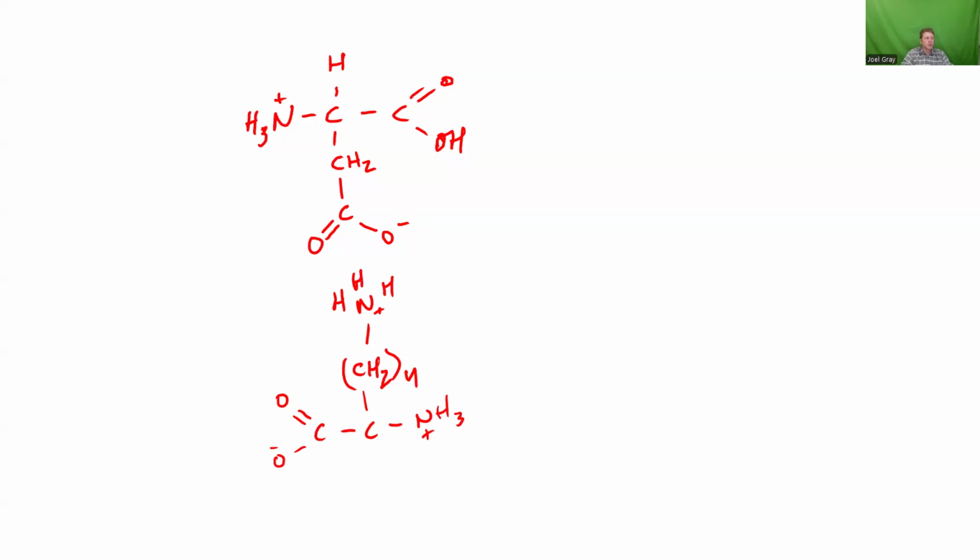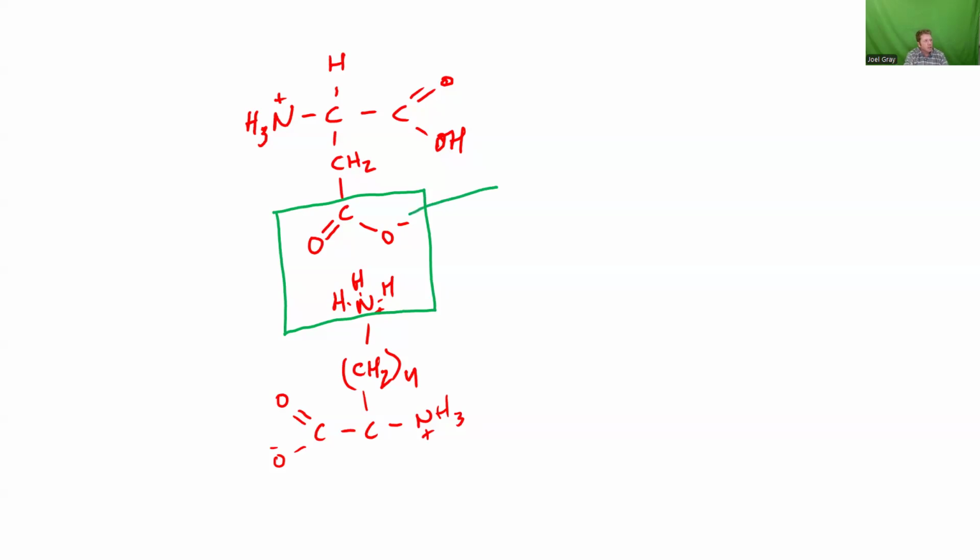I'll give you a structure like this and ask you the question, what type of interaction is displayed in the green box here? So I'll give you two amino acids and I'll say, what type of interaction is taking place here? And I would want you to be able to look at something like this and say,